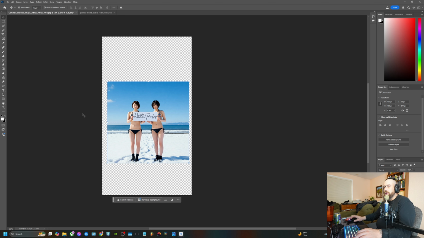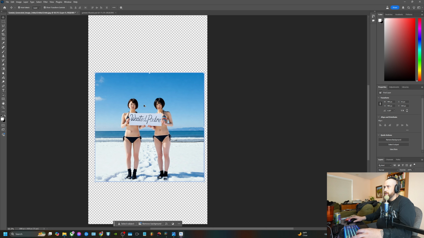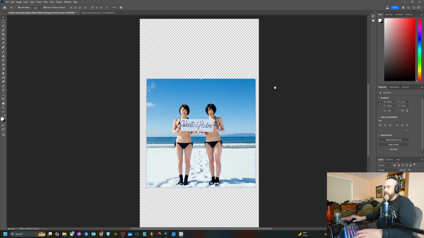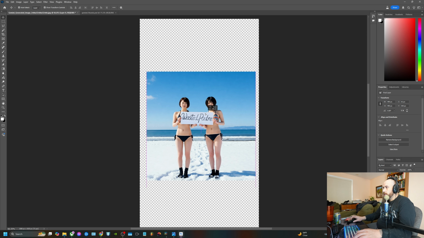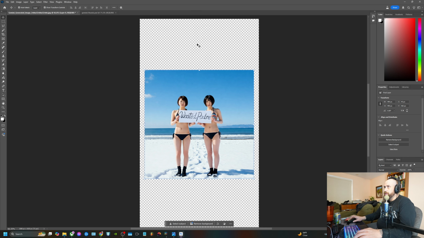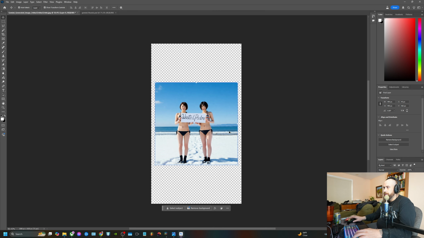And I noticed that it does better with smaller canvas sizes. Like, instead of doing 2560 by 3840, which is a 4K resolution, it sometimes doesn't do well with those higher resolutions when it comes to generating large swaths of